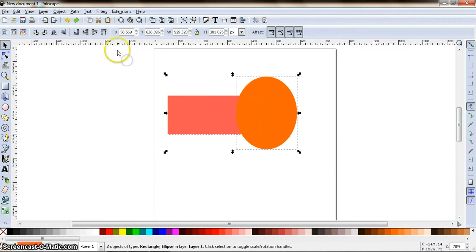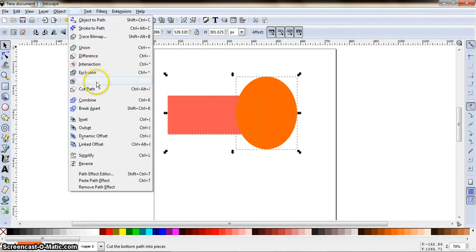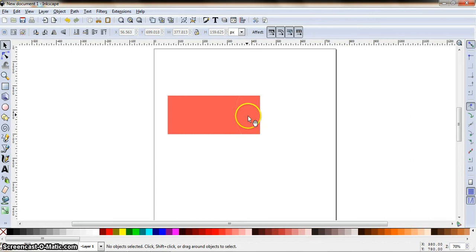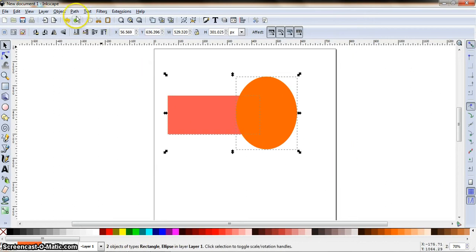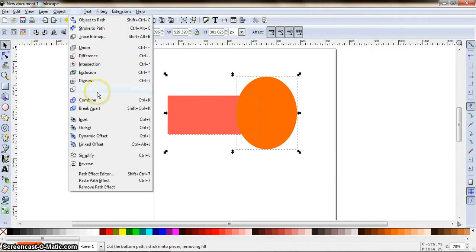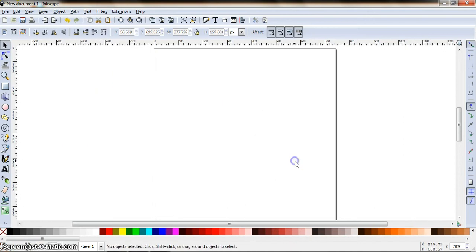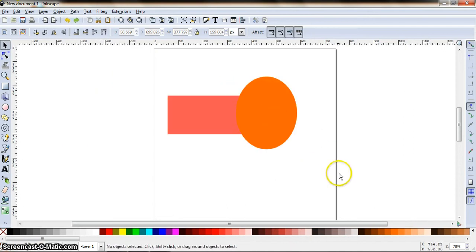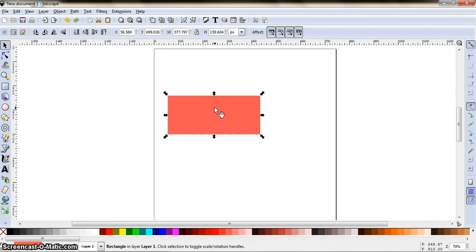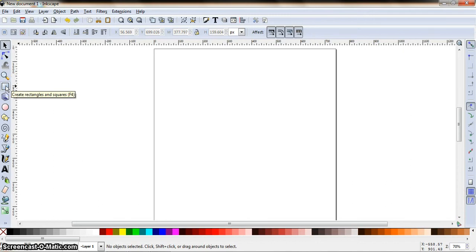Undo, select both of them, path menu, division. So now if we unselect both of them, as you can see, they break apart. Select both of them, cut path. So that just gets rid of both of them. And that's the basics. Now I'm going to use these basics of the path menu and create an arrow. I'm going to get rid of both shapes,